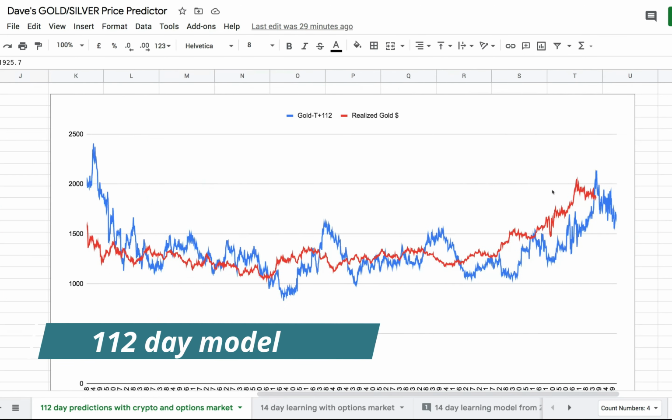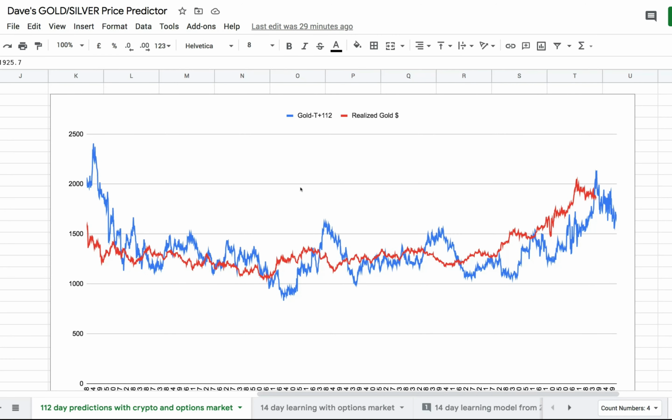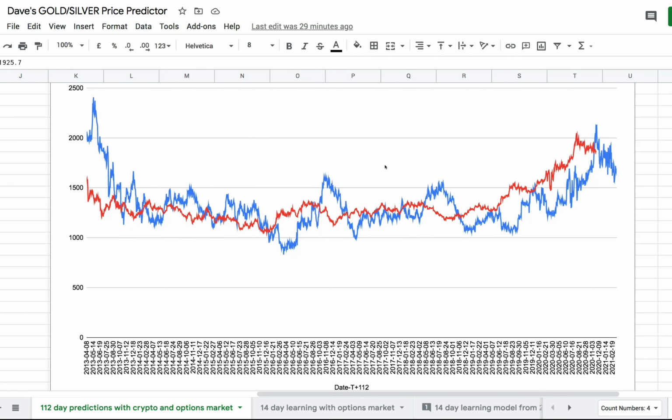When I ran across historical data over just gold target date at 112, it doesn't work very well. The reason why is pretty simple. The model can make a prediction based upon what it knows. It can't make a prediction based upon what it doesn't know.